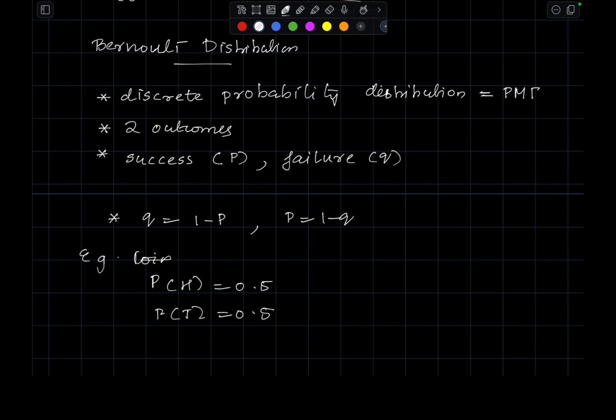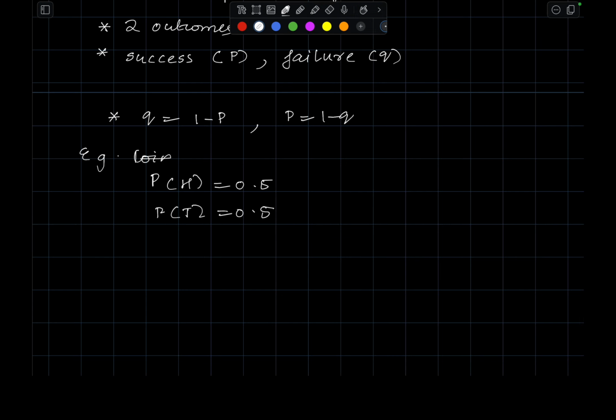Here the major parameters, as I said, p equal to, we can take that according to the problem statement. Let's say here I am taking the probability of success as getting a head. So getting head is a success in this case. So P is taken as 0.5 and Q is again taken as 0.5,